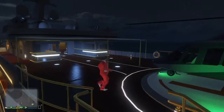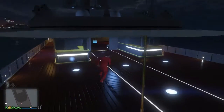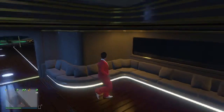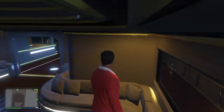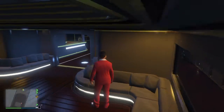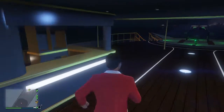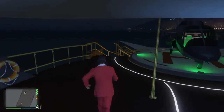And that's pretty much the full upper deck. I mean, you can come back here if you want, and that would be the captain's room, which I'm going to show you in a little bit. But, like I said, you can interact with most areas on here, and you can sit, and it doesn't always let me sit here, but you can sit on almost any of the couches and chairs all around here,